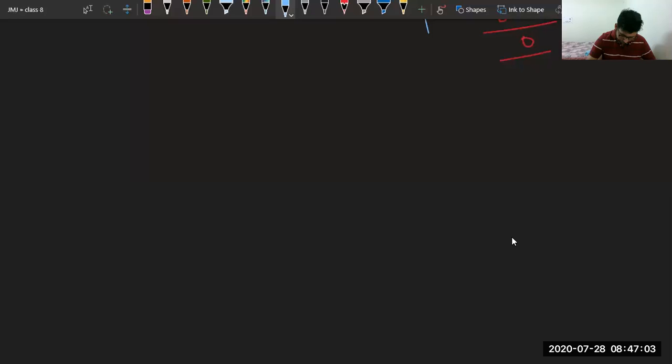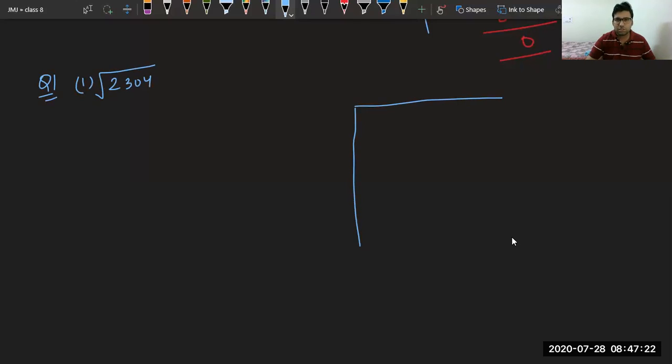Let me take one more part from question 1 to make it further clear to you. First one you are saying, okay. Let me take 2304, the first part. Again, we have to find the square root. Simple way, we will form this box 2, 3, 0, 4. Start forming the pairs from the right end. Now tell me the first number that can solve this: 23 is 4. 4 4s are 16. So we will get 7 and 04 as remainder.